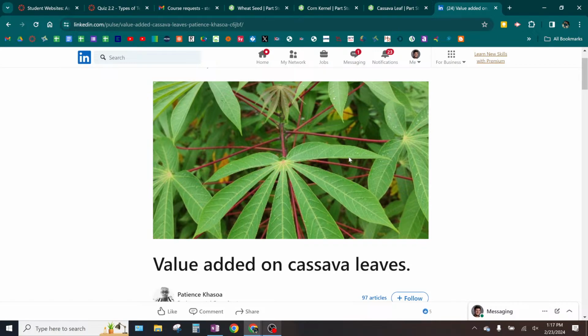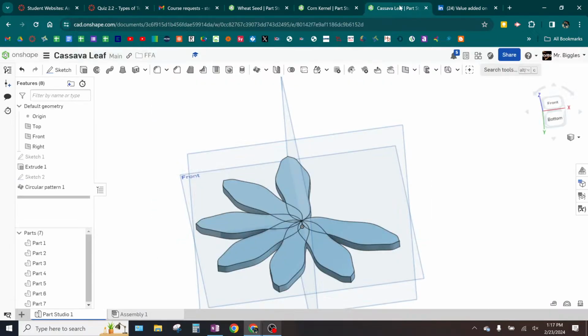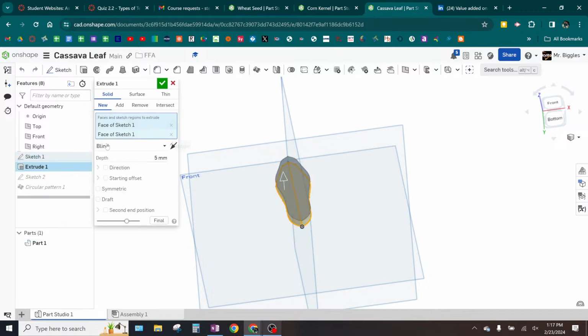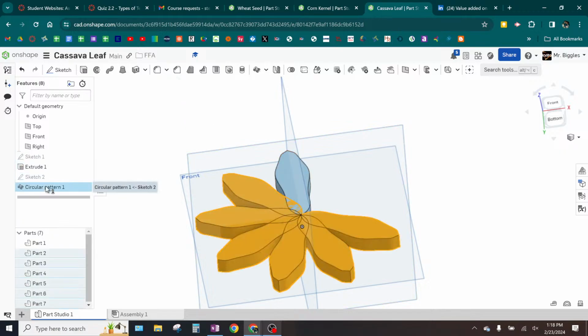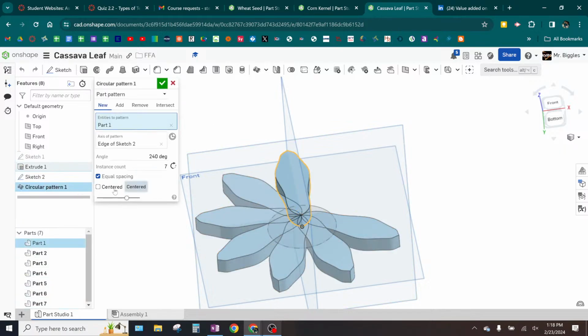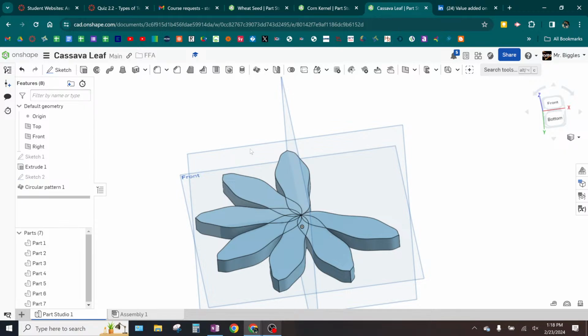Yeah. After I pattern, can I edit the leaves themselves? If you edit this, it will edit all of them at once, right? Yes. Okay. But can you make each of them different than the others? I don't know that there's a way to do that with just the pattern. Okay. I think you could duplicate something and then change it, but it might almost be easier to just